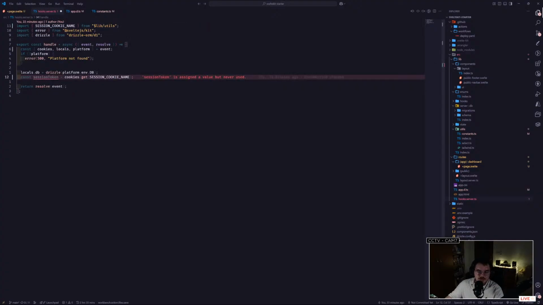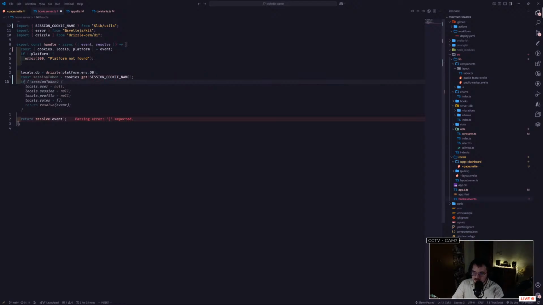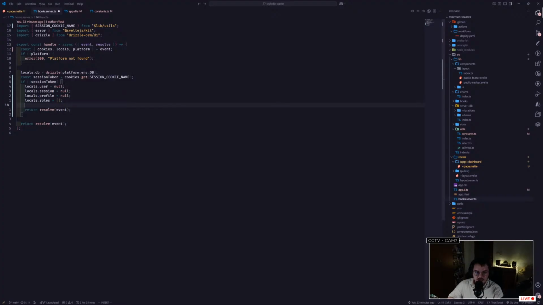And now in our hook, we can just go and make sure that we check if we don't have a session token, like so. We set all of the things, even the roles. You know what? Let's just set those like so. And one thing that I also like to take from here, our route, our current route,